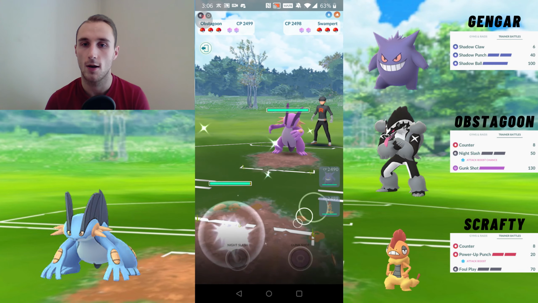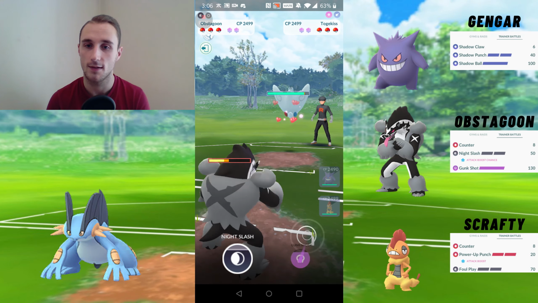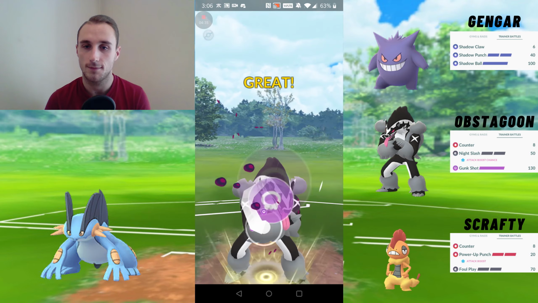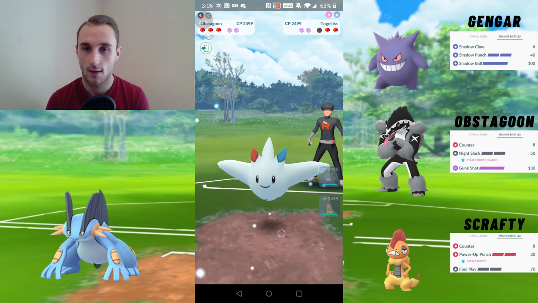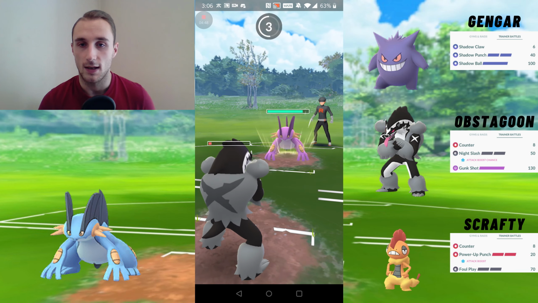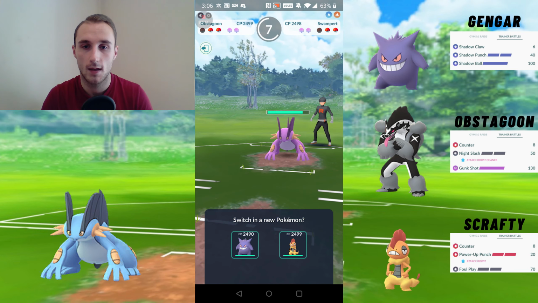So up against Swampert, we're going to switch straight away. They bring in the Togekiss, another Charmer. That's great that we're seeing it now. We go for the Gunk Shot, and they don't shield, so we've got switch advantage. And they throw a move. So we're going to bring in Scrafty,